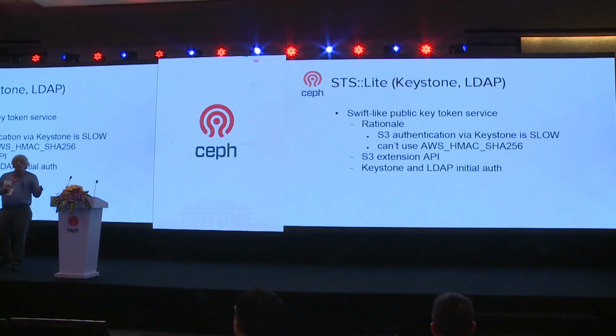One is to integrate strong authentication with directory services like Active Directory, but in the current phase of development, what we're trying to do is improve the quality of service for Keystone and LDAP users of RadosGW, with a token service that is a bit similar to Keystone's V1 auth, which will allow S3 clients